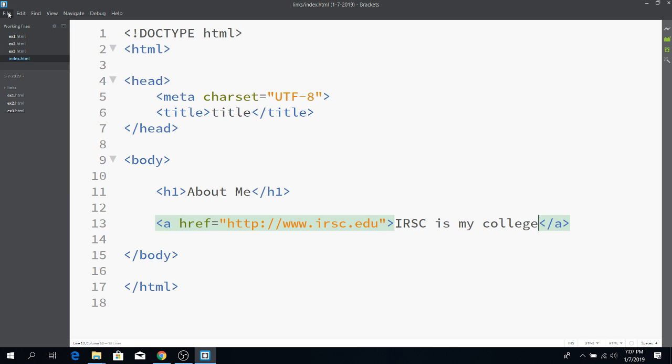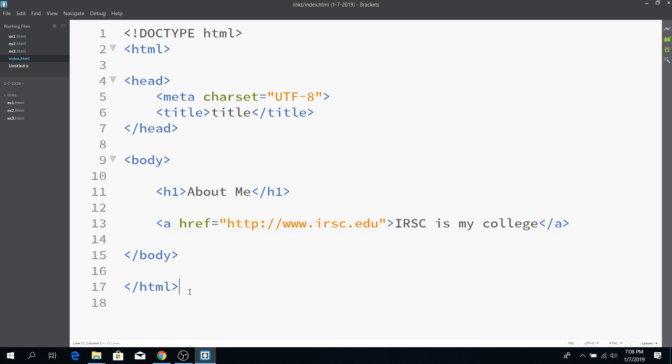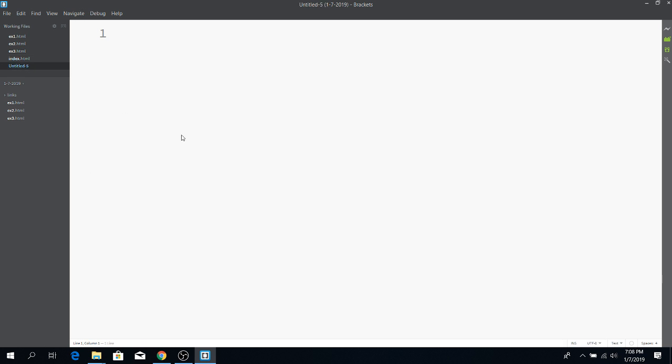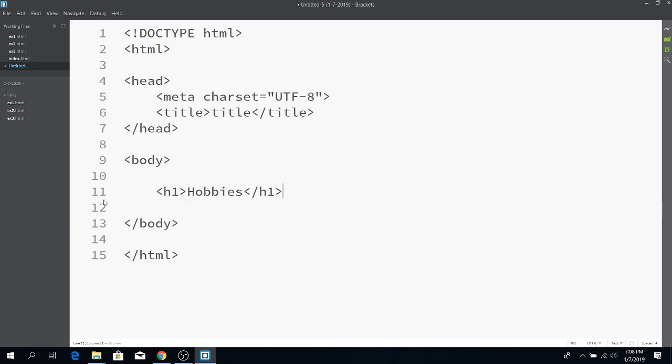Now let's create another page, and we can be a little bit lazy here. We can copy and paste our HTML that we just did. We'll just do a copy, paste, modify. And let's say, for example, this page is going to contain your hobbies. And let's get rid of this for now. And you could put some paragraphs in here if you wanted. These are my